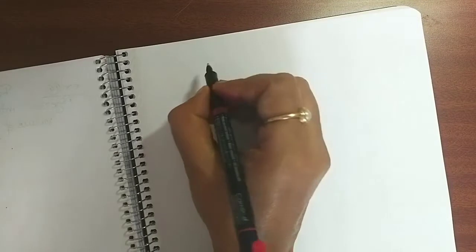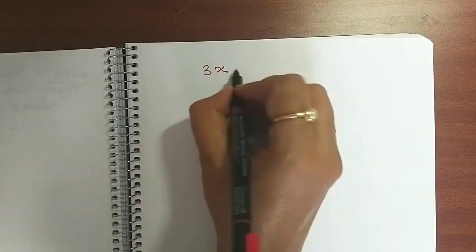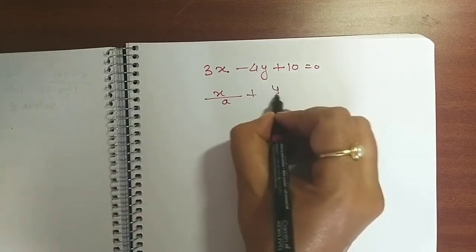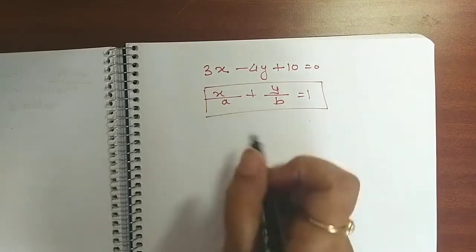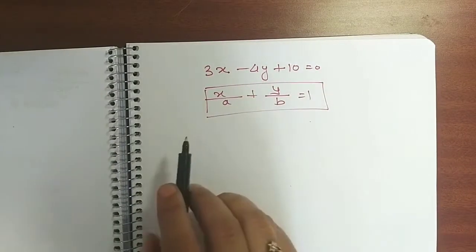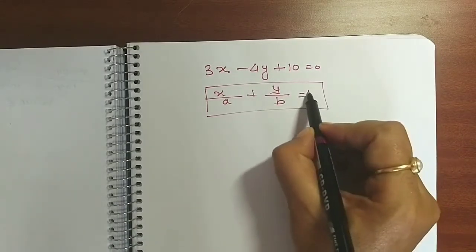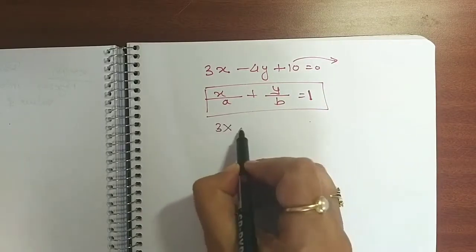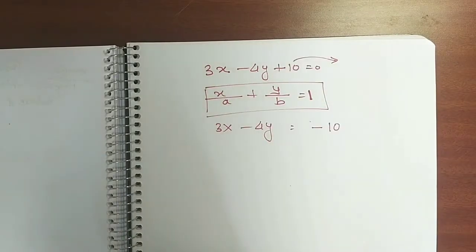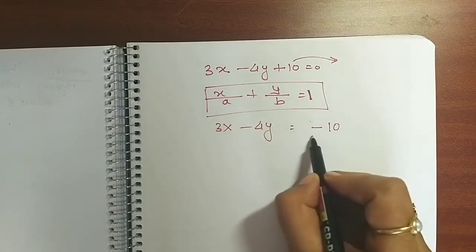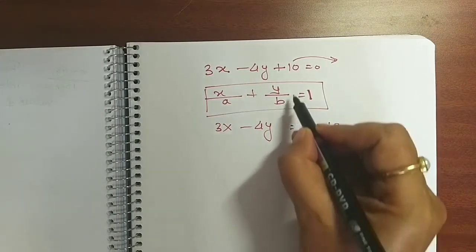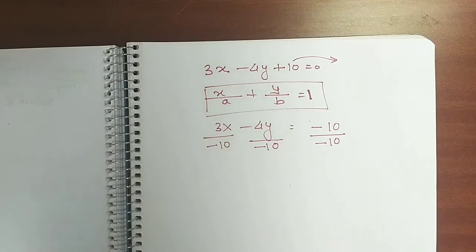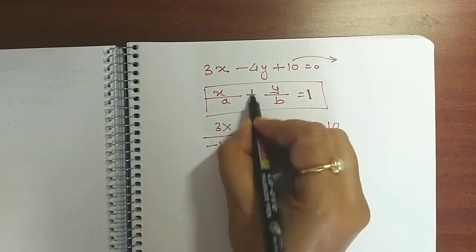So let me change it. Given equation I am writing again here is given 3x minus 4y plus 10 is equal to 0. Intercept form is this. Okay. So I should have x by something plus y by something equal to 1. Plus 1 guys, not minus 1. So first of all, let me push any number other side. So it is 3x minus 4y is minus 10. Here I am supposed to have plus 1. So to make it plus 1, to make it resemble with this, I will divide by minus 10 in each term. Correct?